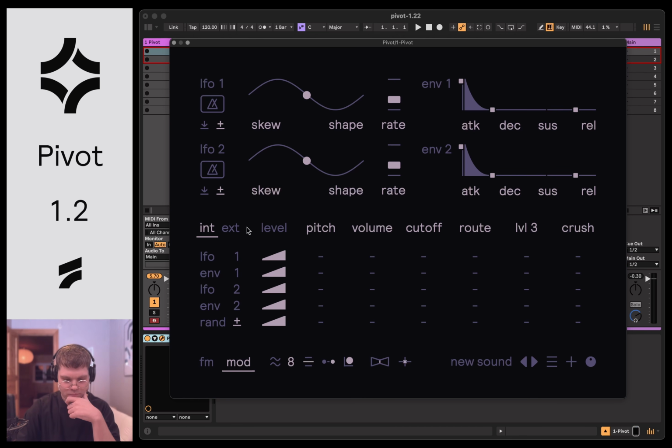Yeah, but also the external sources. So the internal are all things that are built into Pivot, but there's been a lot of requests for being able to use external MIDI sources, etc. And we ended up adding most of them that you might want. So of course velocity was in version 1 point, etc.,